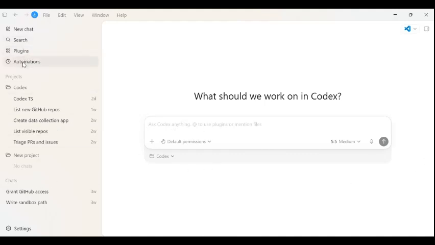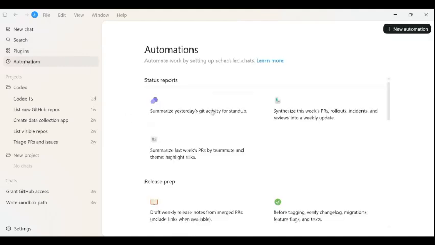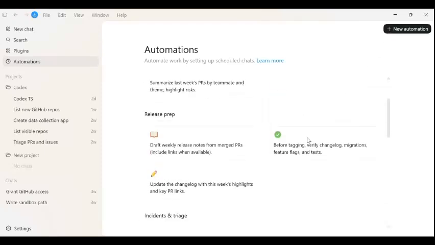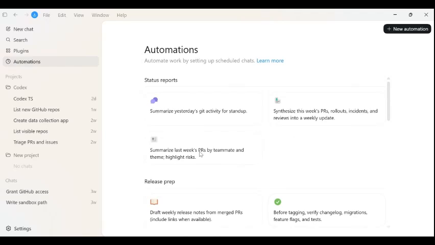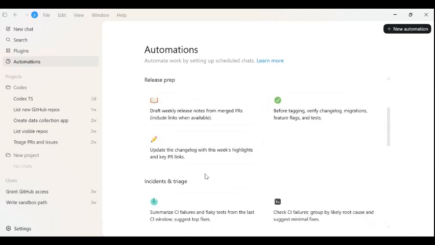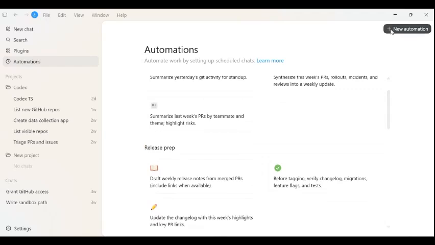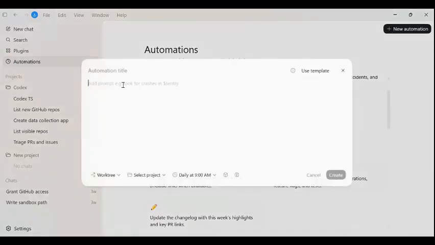Okay, then the final one is automations. This is where you can schedule. Like we said, we have event triggers and we have time triggers, but most of these tools still work with time triggers, which is scheduling activities. So you can create a new automation and tell it to run at specific times. For example, I can say new automation, and I will say,